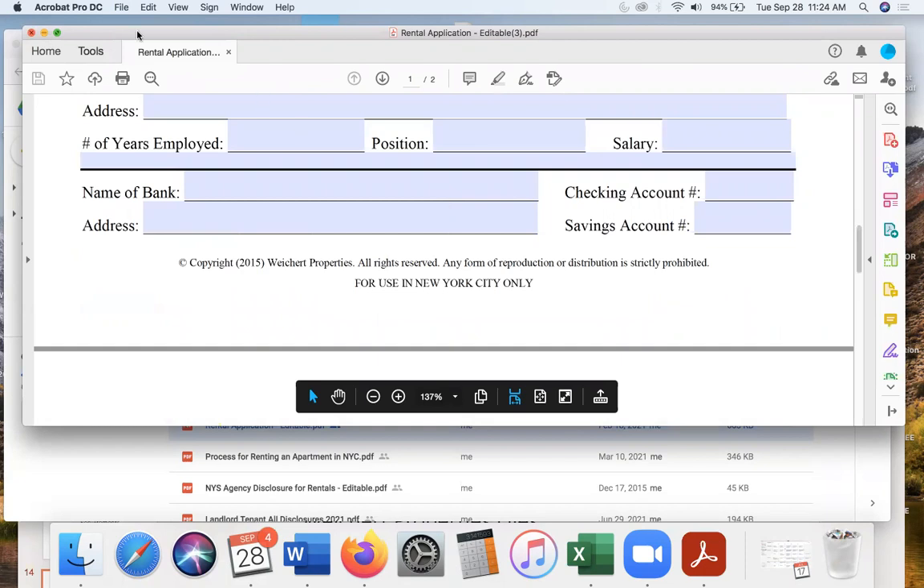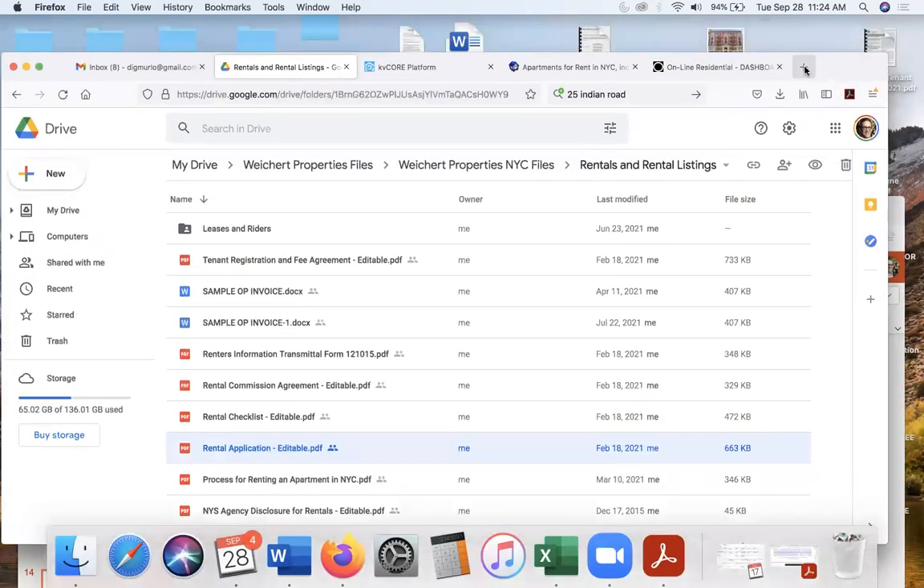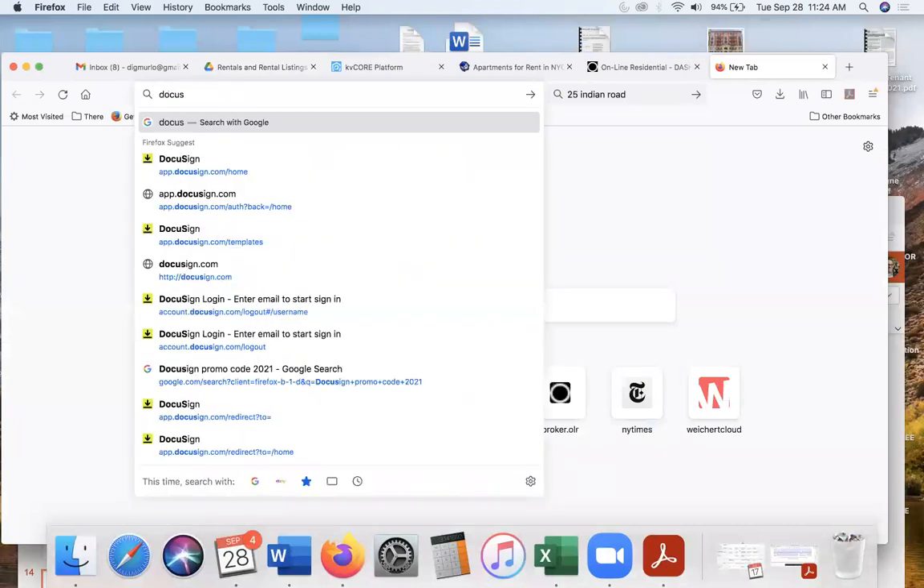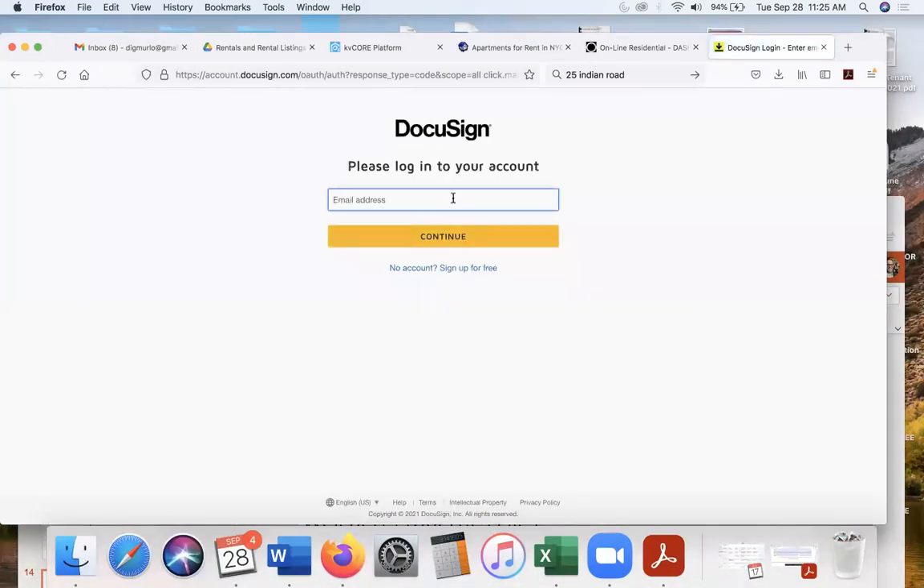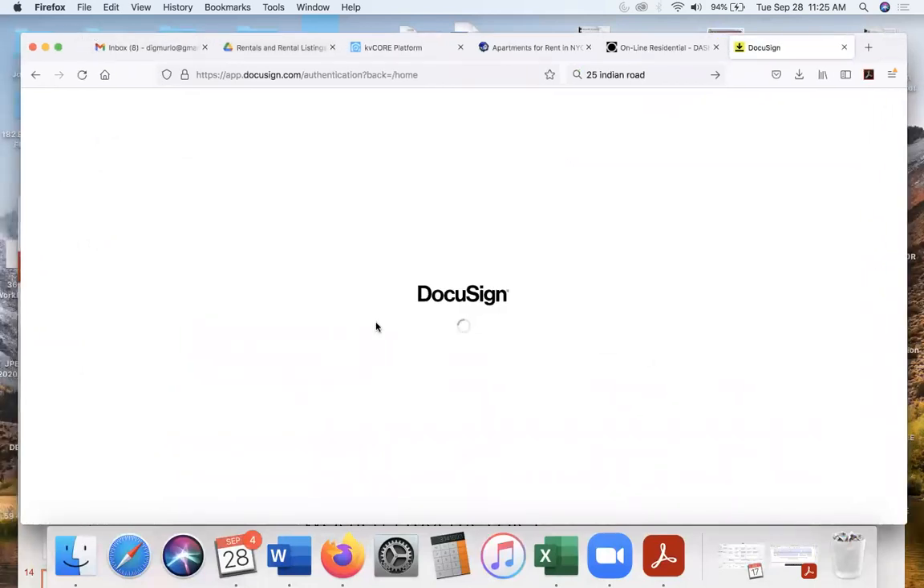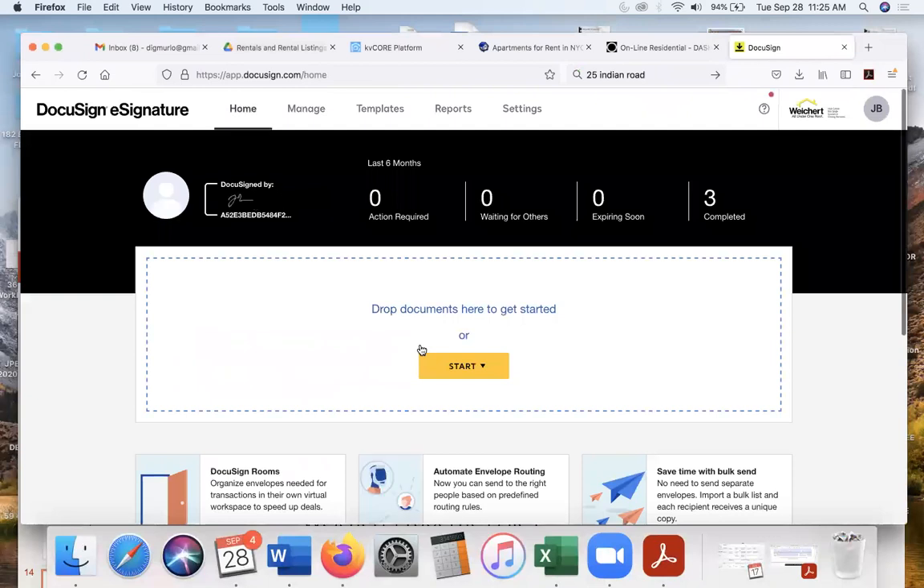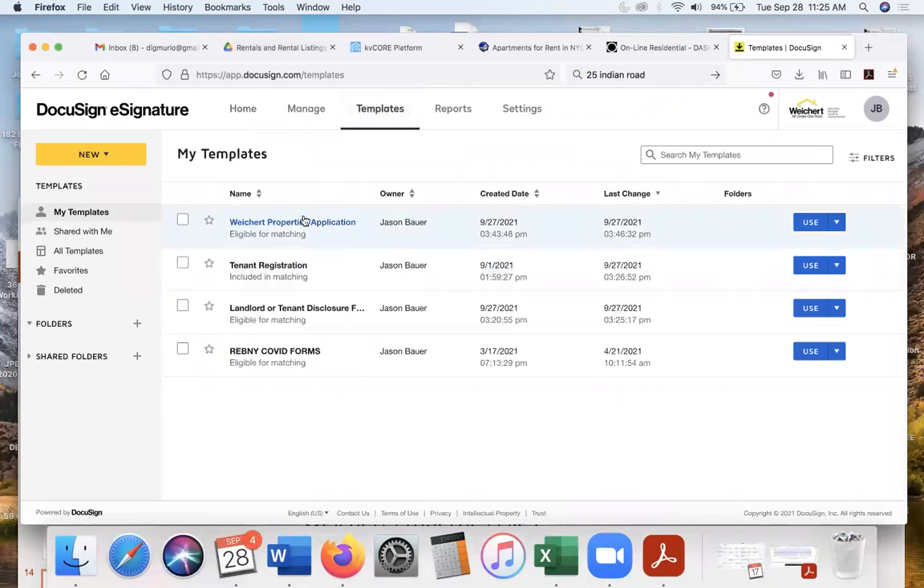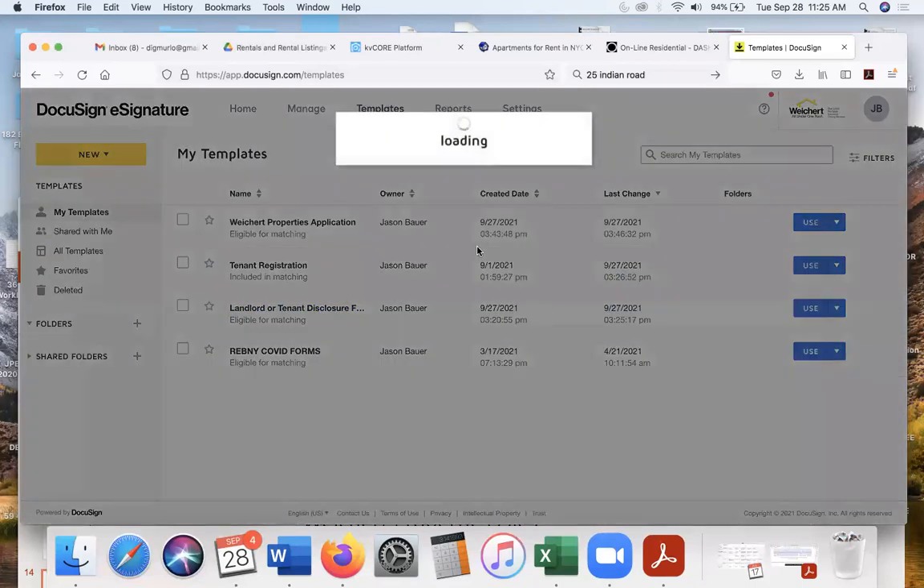The other thing is that I have, let me just go into DocuSign. I've also started to convert all of our forms that are frequently used into DocuSigns, right? And so if you go under templates, under your files, and I'm the manager, so I have these, I can share with you the COVID forms, which we don't really use anymore, but the landlord or tenant disclosure forms, the tenant registration fee agreement, the Weicker Properties application, and these will be ones that you can then just click on use here,